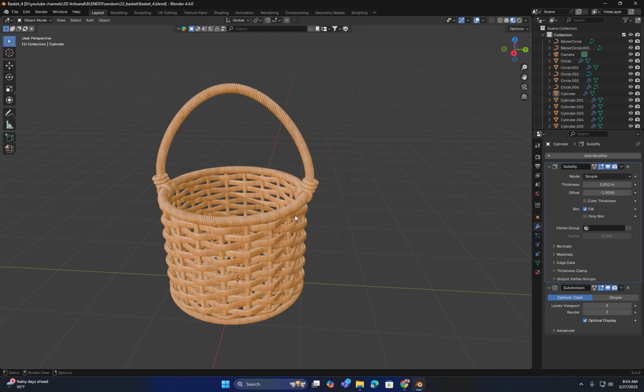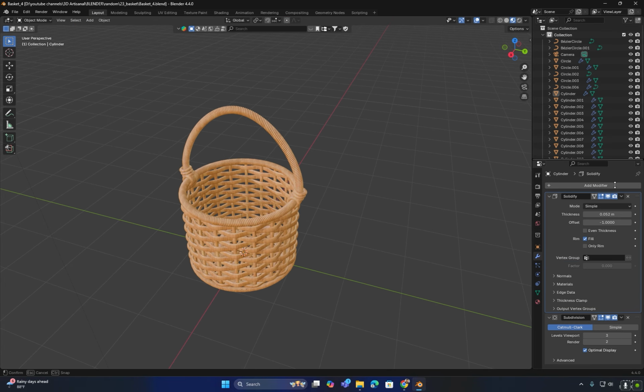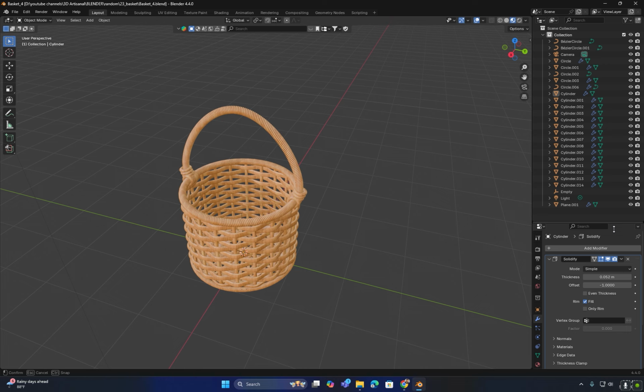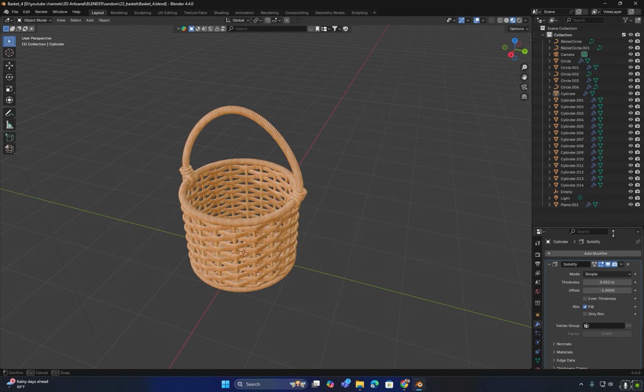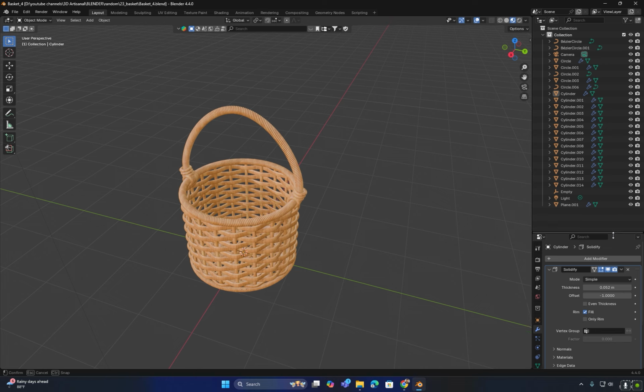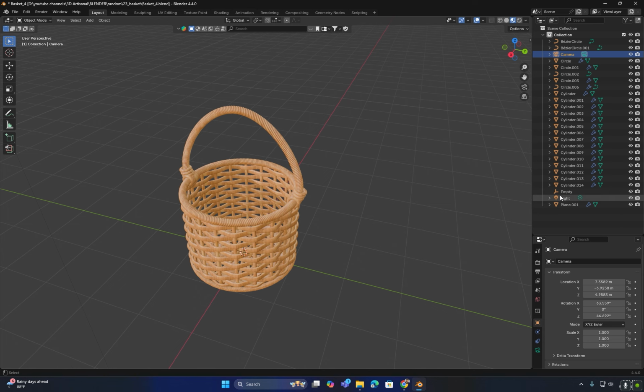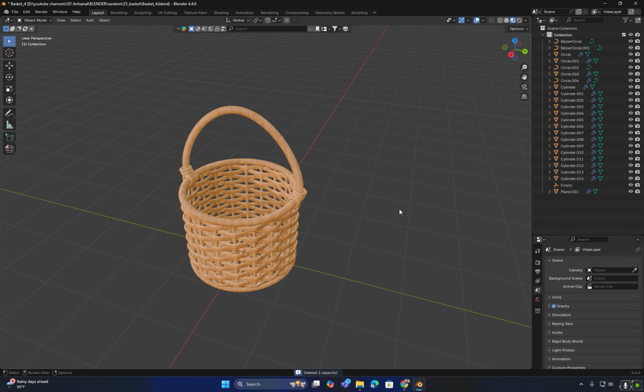Now we will move on to rendering this object. For rendering, I will not be creating lighting from scratch because we will cover the lighting part in detail in another class where we will learn how to add lights and environment lighting properly. In this session, we will use the Blender Toolkit add-on to add lighting. First, I will select and delete the existing light and camera from the scene.